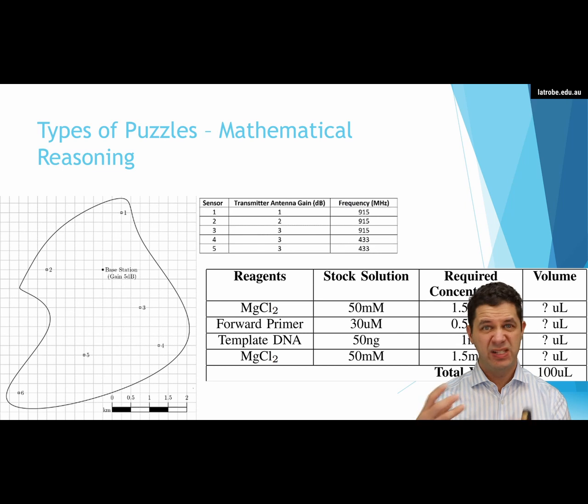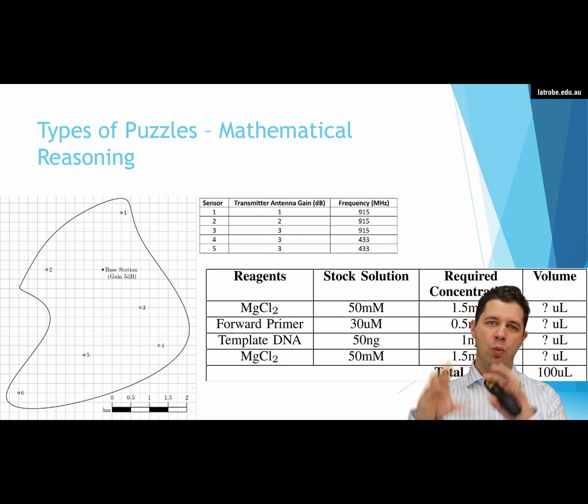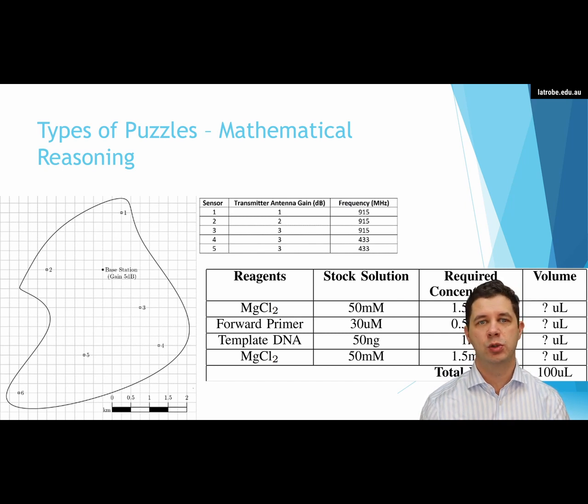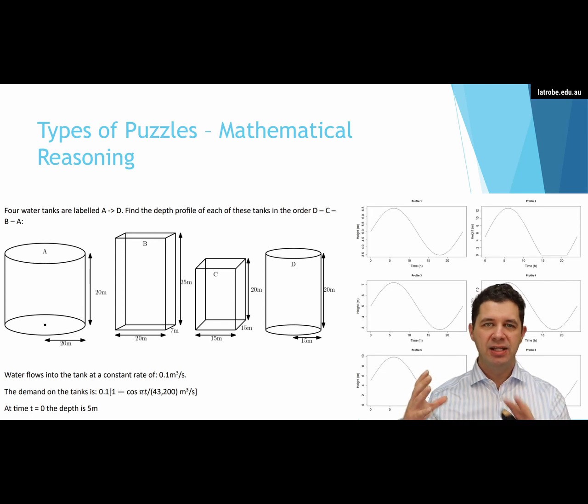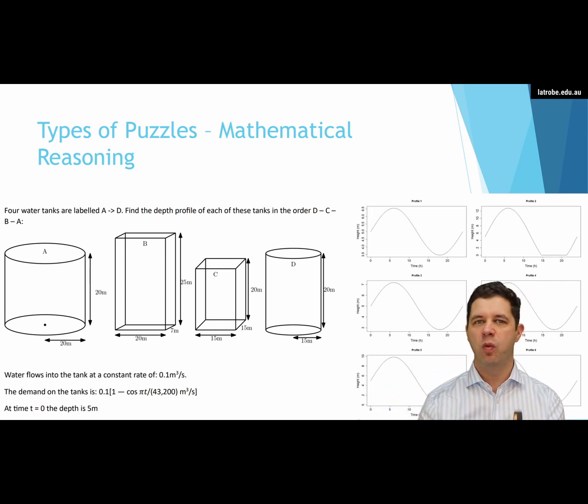And we need to use the free space path loss formulas to work out what sort of signals we're getting between our different locations. So there's mathematics and some geography there, working out distances between things, and following equations as well. We've got some other mathematical ones, like matching different shaped objects to different waveforms of water flowing in and flowing out, giving a specific mathematical calculation that we have on water inflow and water outflow from each of